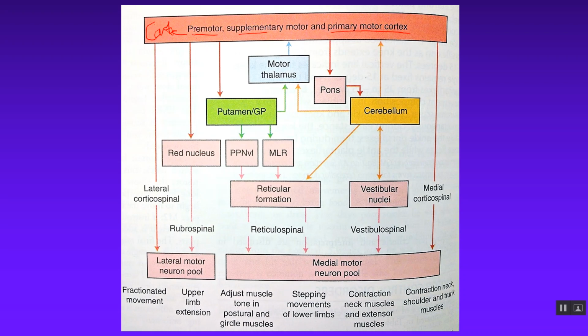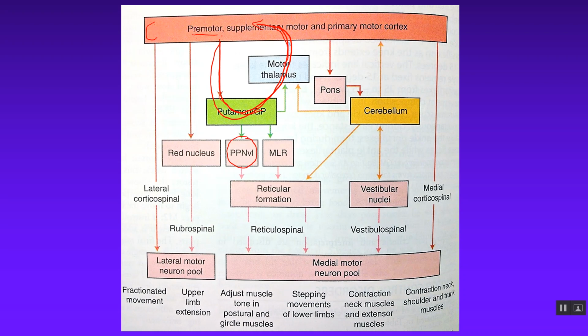This is the basal ganglia loop right here. That's all that's representing. So the basal ganglia loop, remember, goes back up to the cortex, but it also influences the